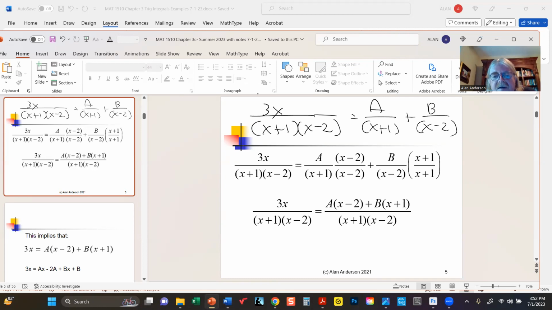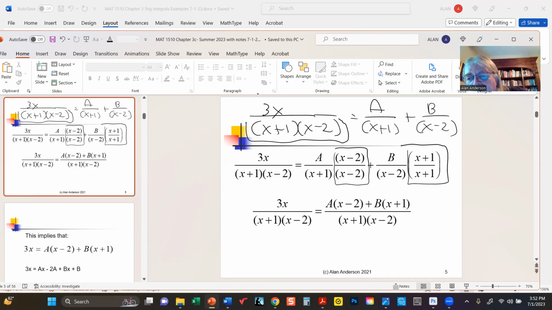So our common denominator is actually this, okay? The way we can obtain that for x, and a and b rather, is to multiply this term by x minus 2 over x minus 2, and this one by x plus 1 over x plus 1. Now we're certainly allowed to do that because all we've done is multiply by 1. But now we have a common denominator, x plus 1, x minus 2,